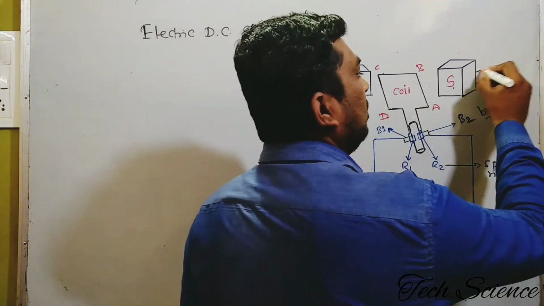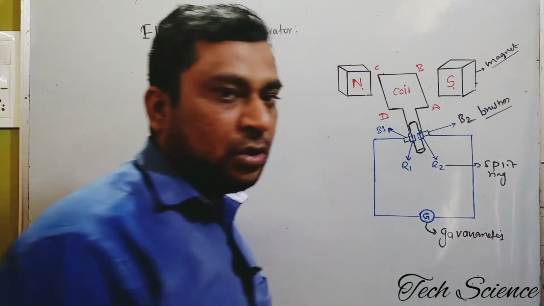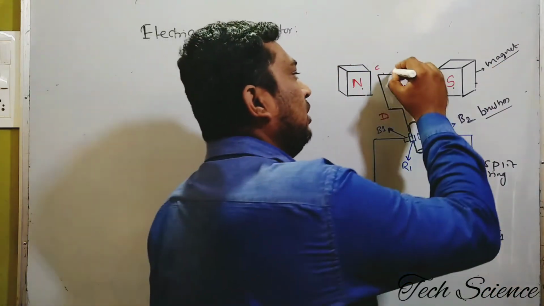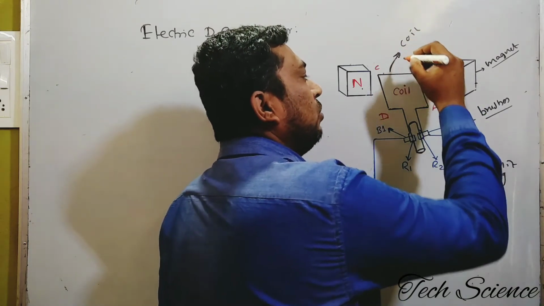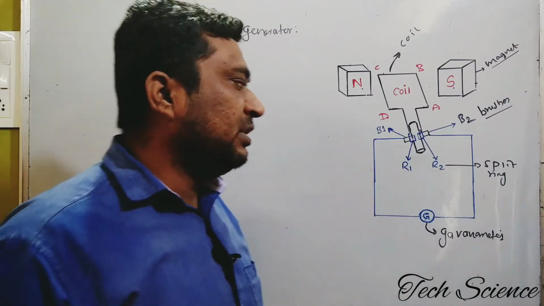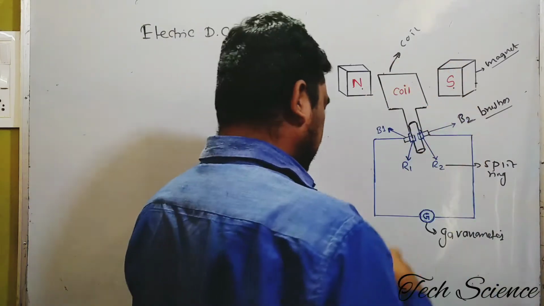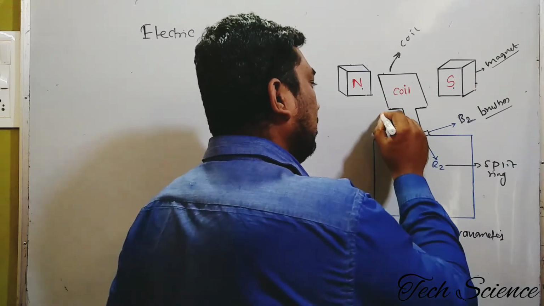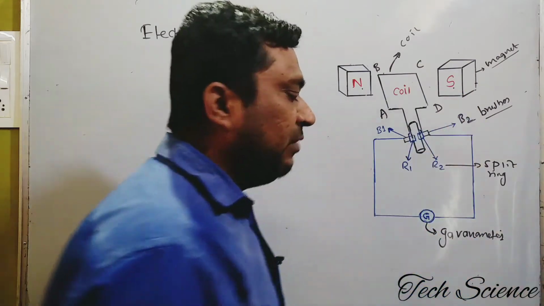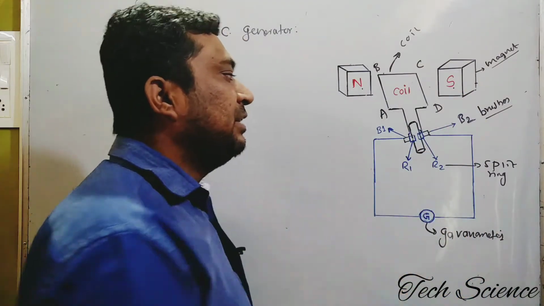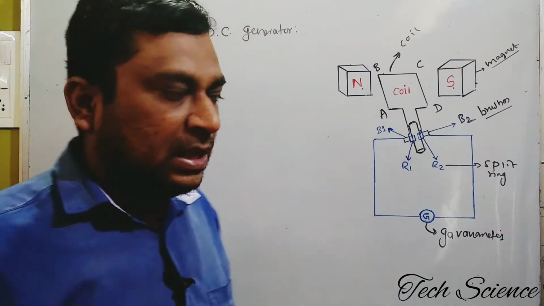North and south are the two pole pieces, basically magnets, which create a strong magnetic field. We have this coil, called the armature coil ABCD, where insulated copper wire is wound on a rectangular coil ABCD. Initially the directions are like this: A, then B, then C, and lastly D. For the next cycle, the names interchange: here the CD branch is there, here AB. Let's see what happens.